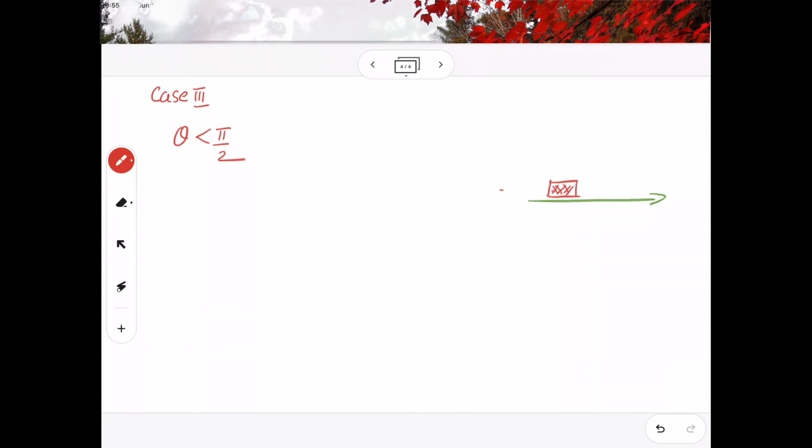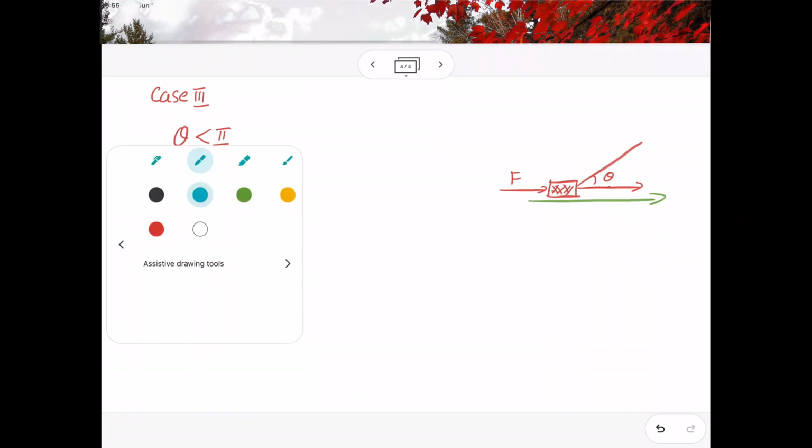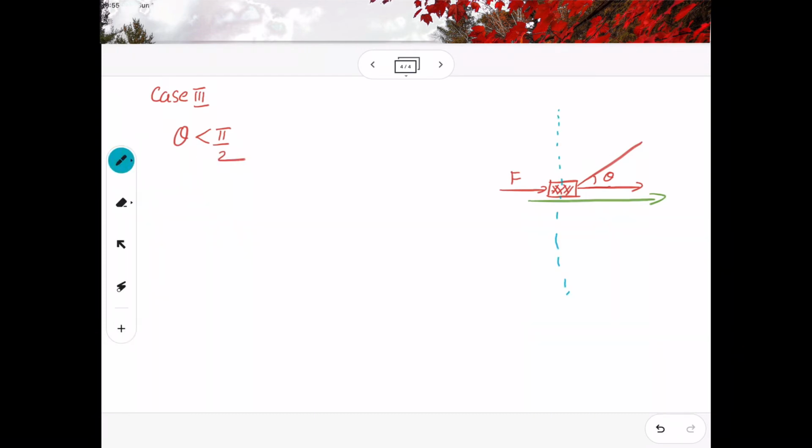Here I am going to apply a force. This is the force, and the displacement will be in the same direction or may make an angle theta. But remember, the angle must be less than 90 degrees. So I am just making a perpendicular here. So this will be 90 degrees and this is 0 degrees. So other than 0 and 90 degrees, that means any angle which lies between 0 and 90 will have a